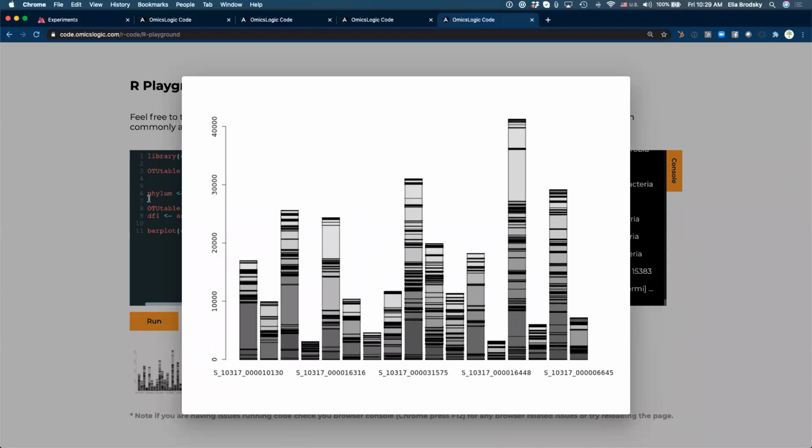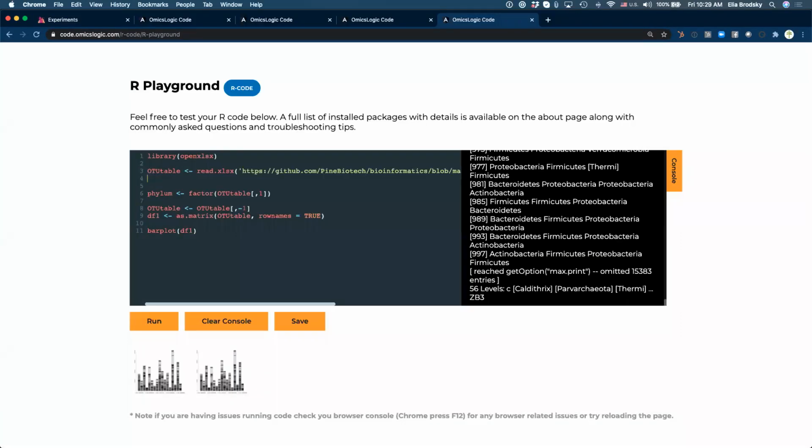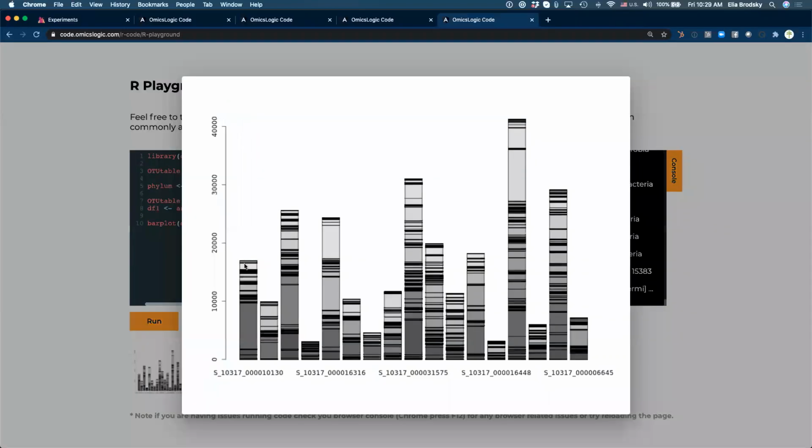So the whole trick of making a bar plot is really just to load in the data and make that data into a matrix. Really, to make a bar plot, I don't even need to store these. I'm just going to use these for my colors, but if I don't want the colors, I can just use this. And this is a stacked bar plot, right? The bar plot that we saw before had them all stacked one next to each other, and now it is stacked up in one line per sample.